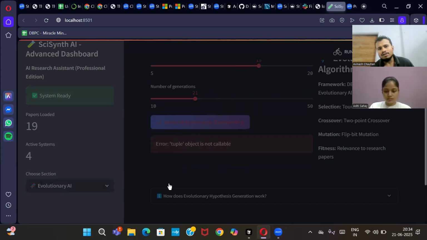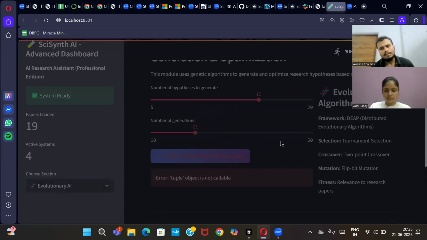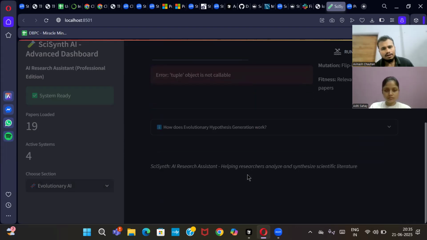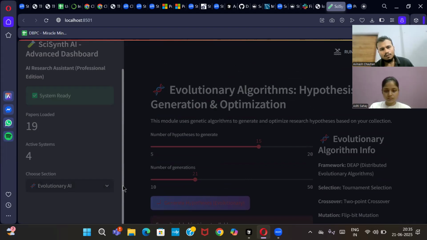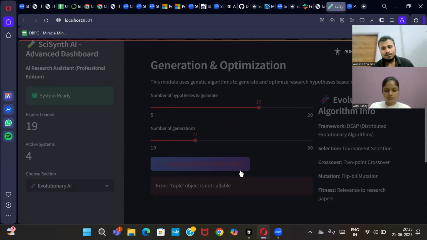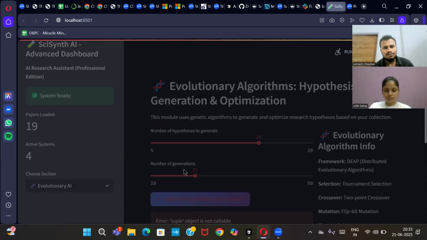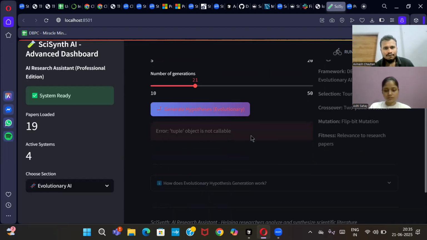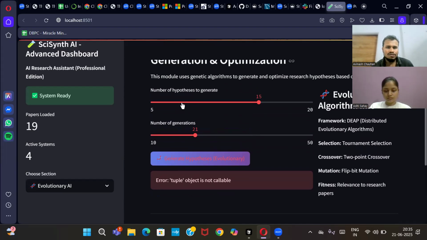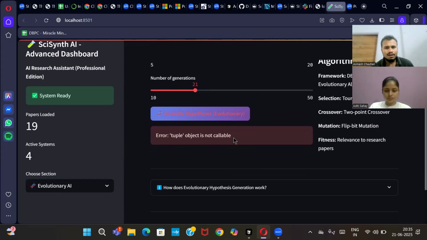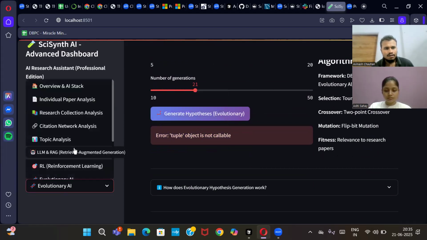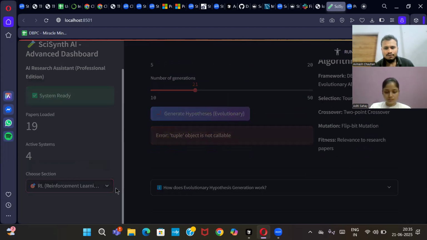I think this error is in my hypothesis.py file, so it will get corrected. But compared to my yesterday's steps, you can see this UI has improved. I have to just change my Streamlit app.py file, and all these things will be visible, right? And if I go to reinforcement learning,